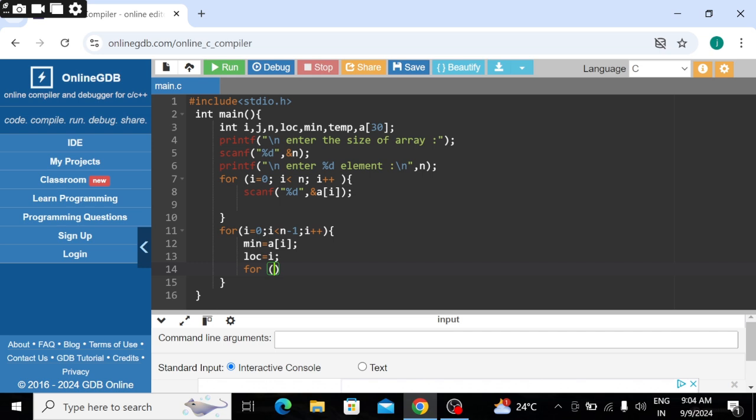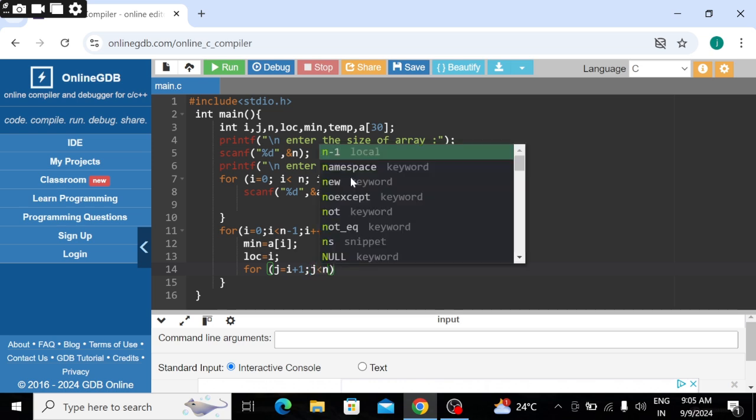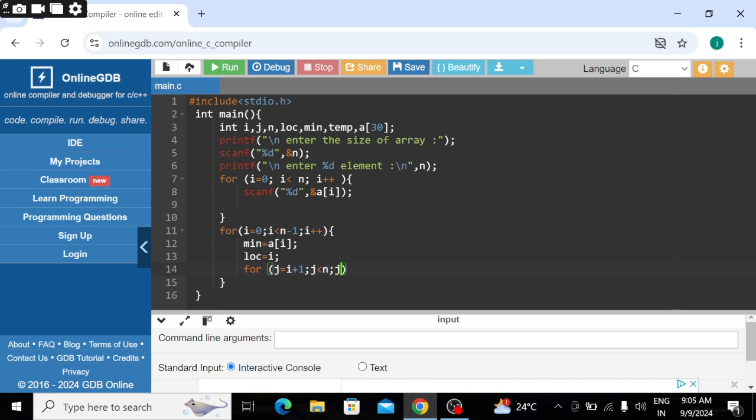And after that we again use a for loop: j equal to i plus 1, and then j less than n and j plus plus, where we use the increment operator on j, hence j increases by 1 in each iteration.